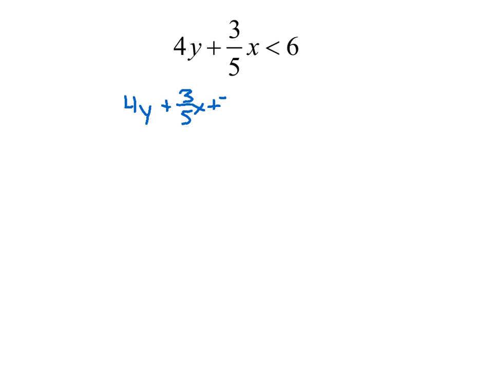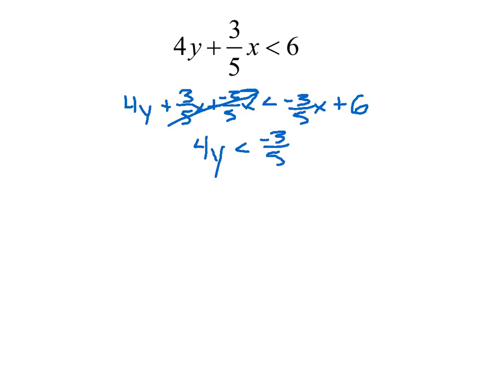Negative 3/5 x. Perfect. So again, we have to be very careful with these and keep track of our inequality symbol. With equations, it's really easy. If we forgot our equal sign, we can just throw it in at the end, and it doesn't really matter. Here we have to make sure that we keep our inequality symbol going the same way until something happens that requires it to change. All right, so here we end up with 4y is less than negative 3/5 x plus